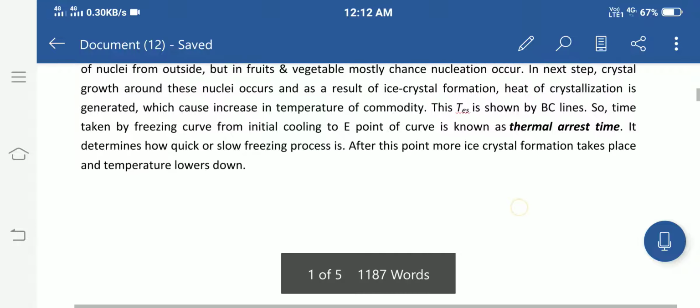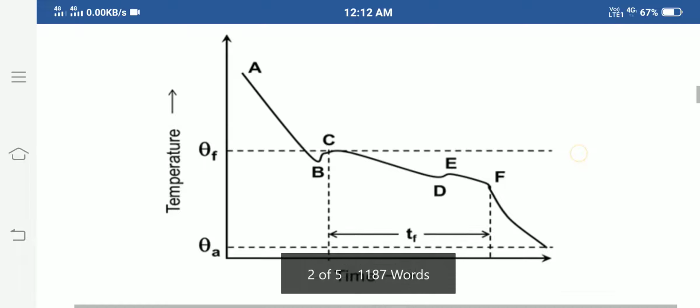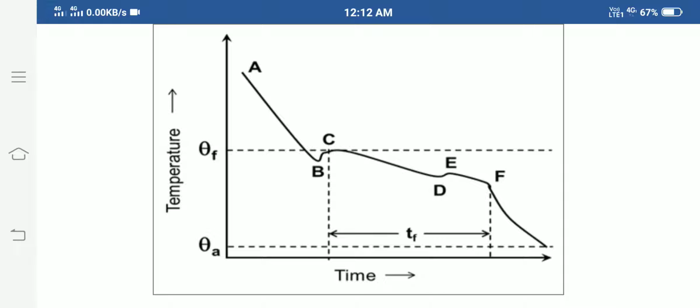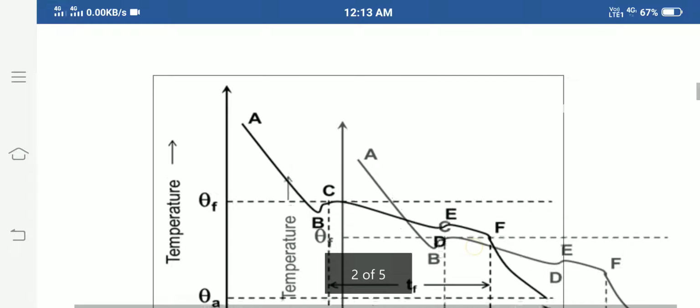So basically this process occurs from A to B, the supercooling phenomenon, then release of crystallization energy, B to C. C point is the freezing point, where freezing occurs, then crystallization occurs at high speed, so lowering of temperature is there. Now when heat of crystallization is released, the temperature increases from D to